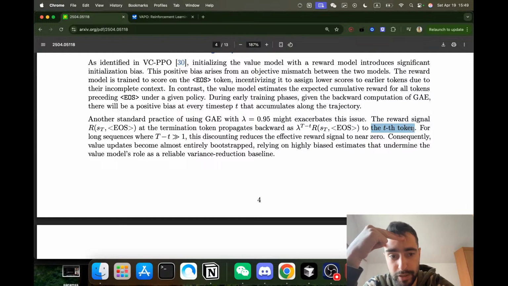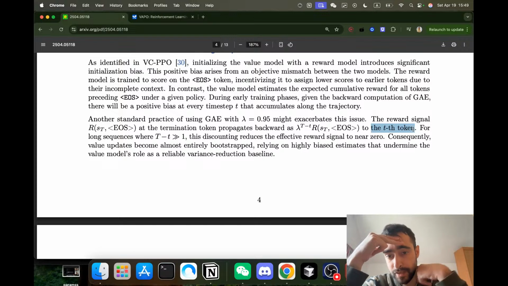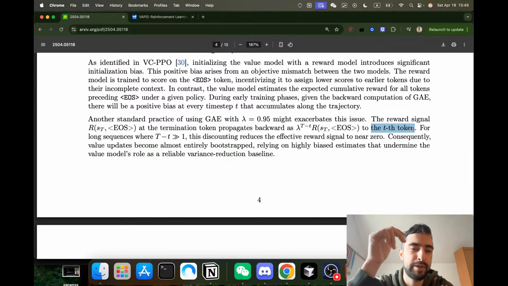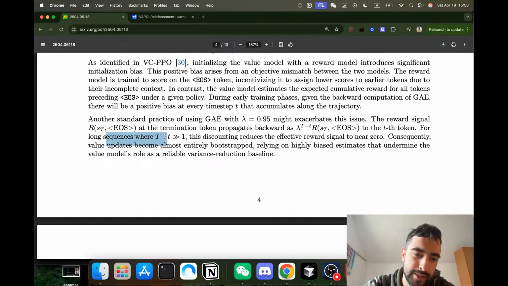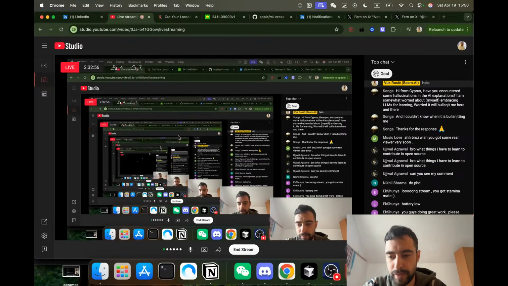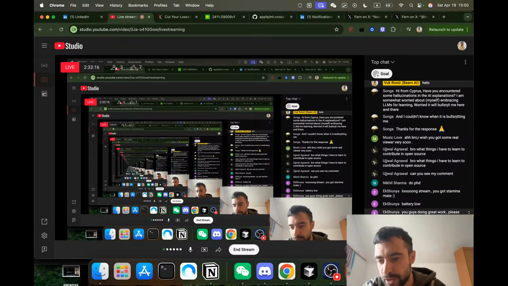So we get some reward, and it somehow propagates back to token number t, and this token would get part of the reward. I guess the reward is divided between tokens, but there is some kind of bias that makes some tokens get more reward, maybe later tokens. For longer sequences where T minus t is a lot bigger,